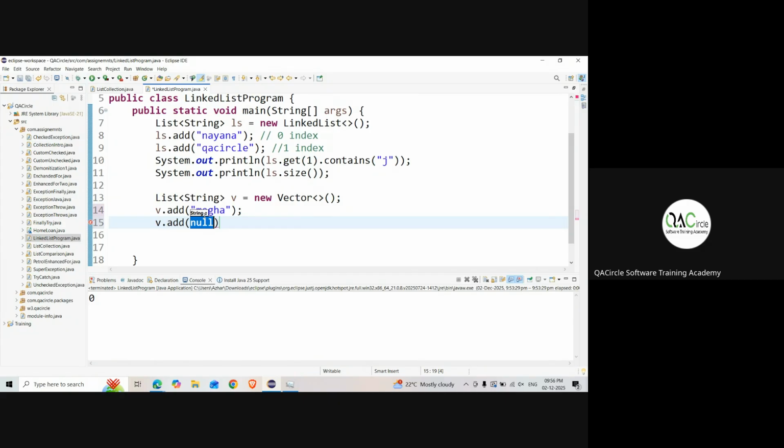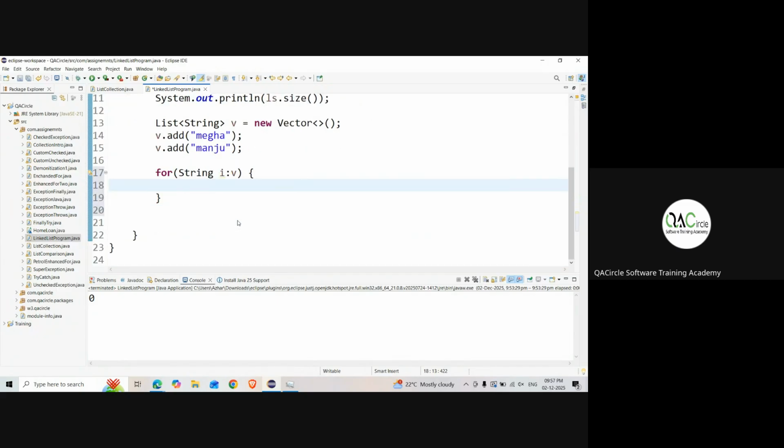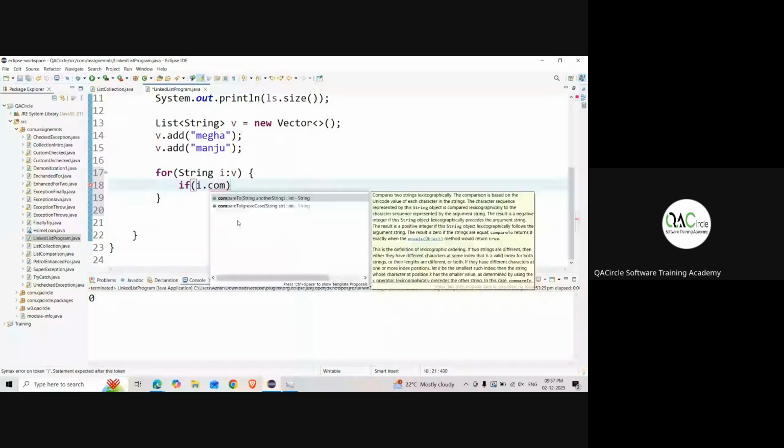I think I added Manju last time, but still I'll add Manju. Can I write for String i colon v? Can I write like this? If i dot contains